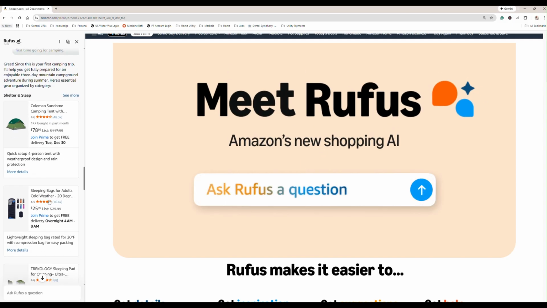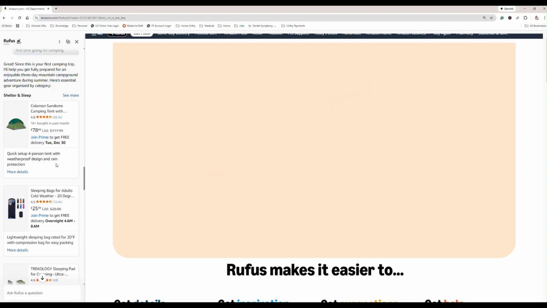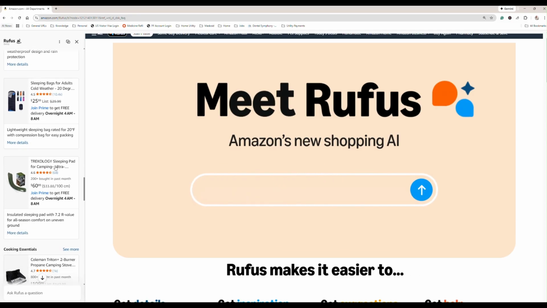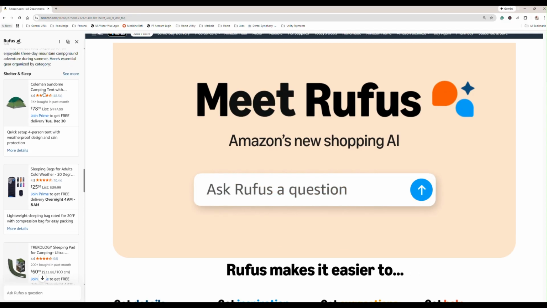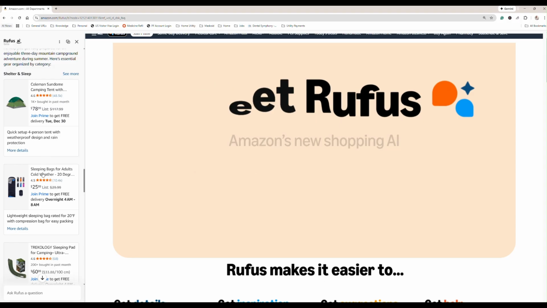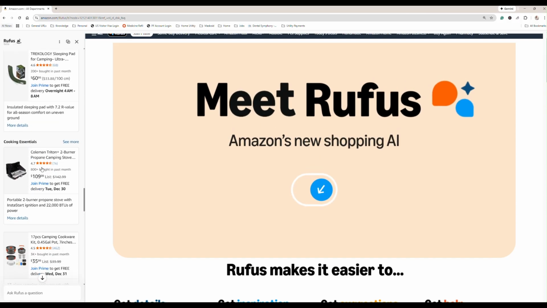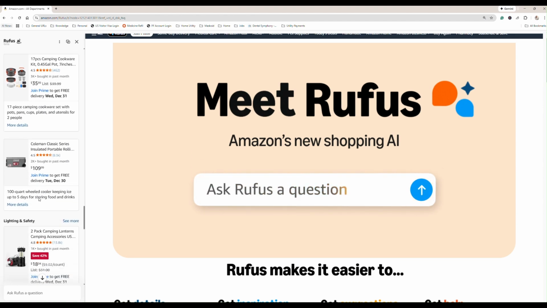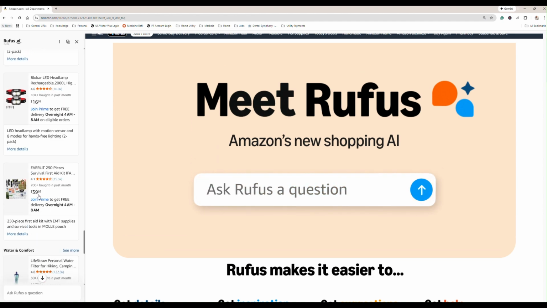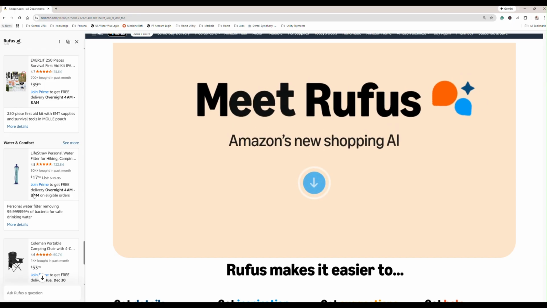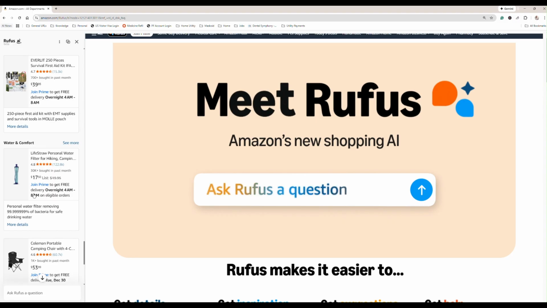So I don't need to go through each and every product one by one and search by myself. Amazon Rufus will do all this research for me. With one prompt, it gives me all the details. Here I can just go through those products, and if I require, I can add it to my cart and then purchase it. I don't have to do all this research, which Amazon Rufus did for me. So now you can see how these generative AI agents are changing how people are shopping on retail websites.